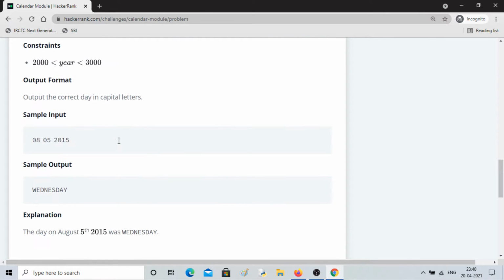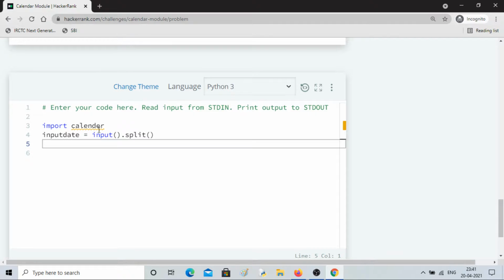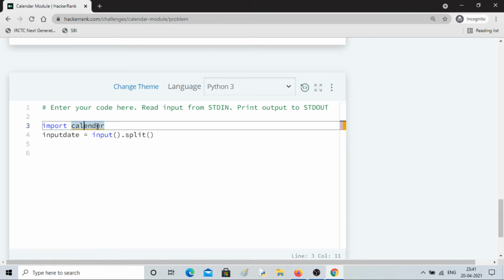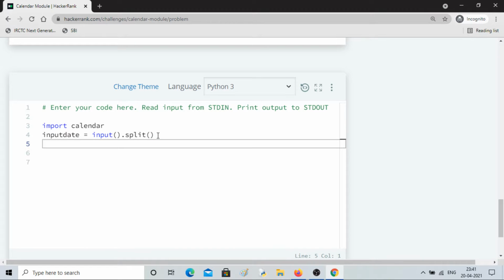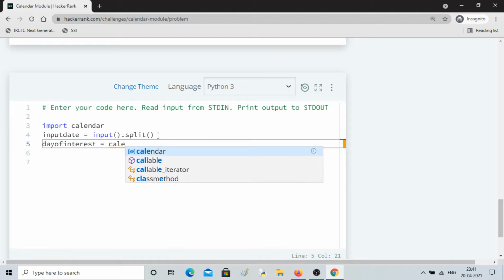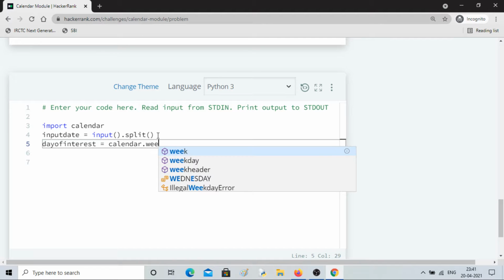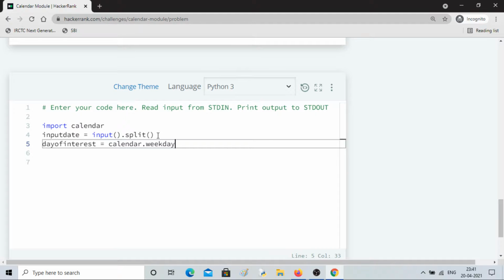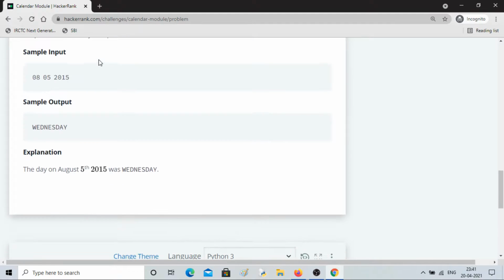Oh okay, the spelling was incorrect. Now we can use a variable, day of interest, just something I am writing at random, and we can use calendar.weekday, and here we can pass in year, month and date.